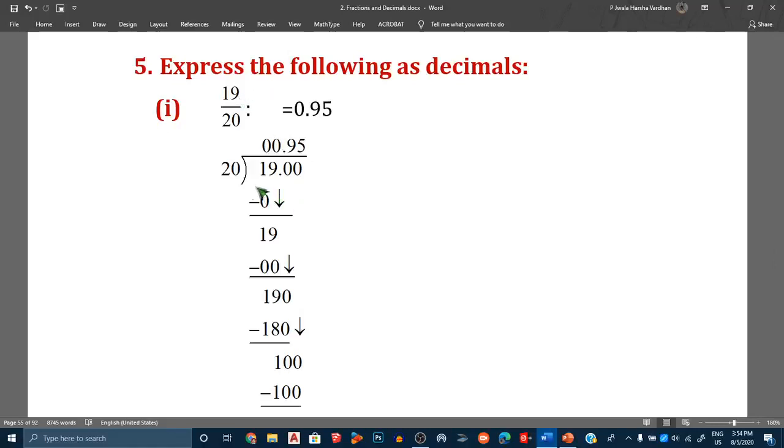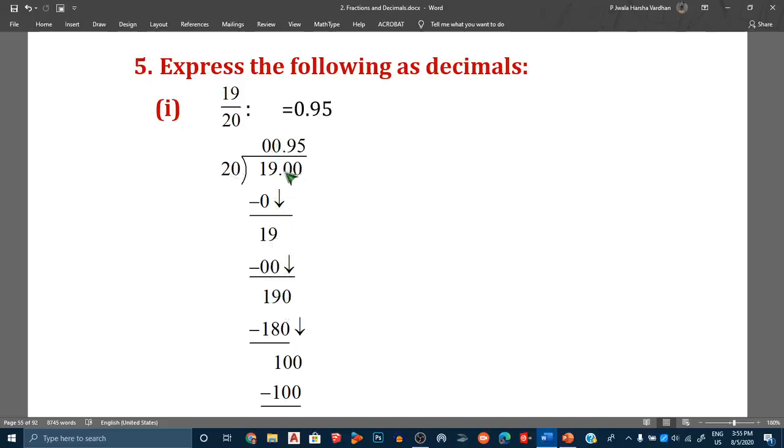So division. How to divide this? If you want to divide this, first you take 1 only. You cannot divide by 20, 20 goes 0 times only. 20 zeros are 0. So 1 minus 0 is 1. Bring down 9, 19. 19 also you cannot divide. So you write 20 zeros, subtract, and you will get again 19.